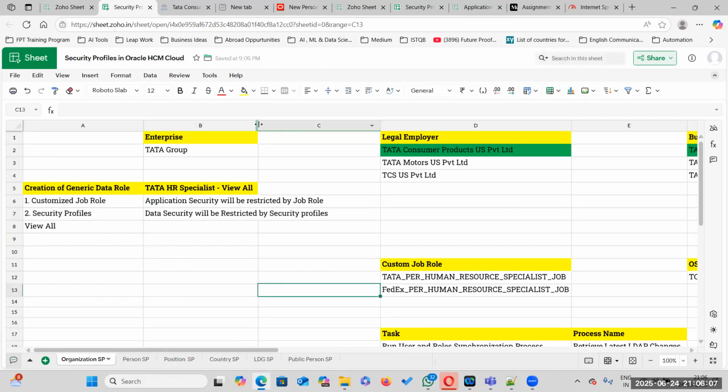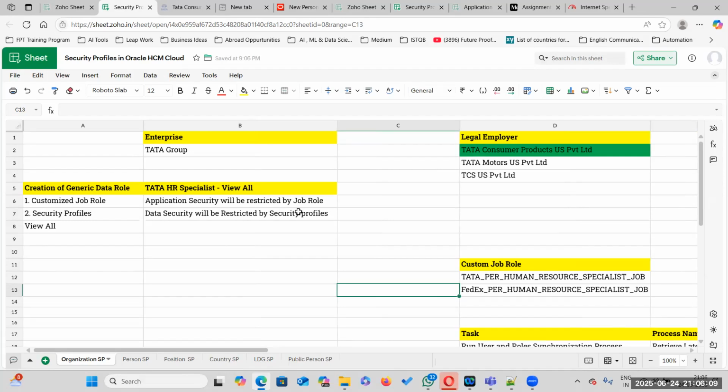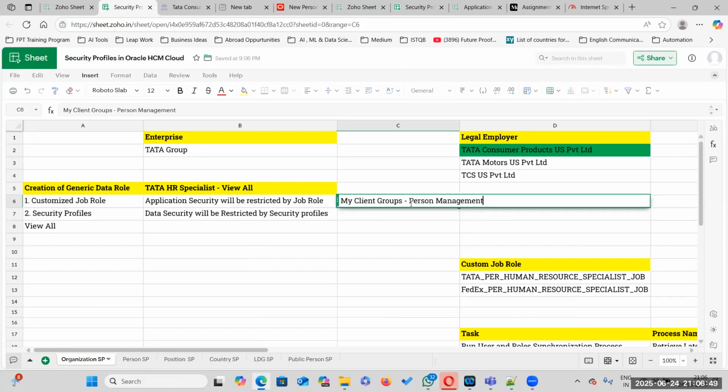So what is meant by application security and what is meant by data security? Can anybody explain? No problem, I'll explain data security, no worries. As per my understanding, application security means whatever the fields in the application and whatever the actions in the application will come under application security. And data security is limited to the access which will be provided to the particular employee in a